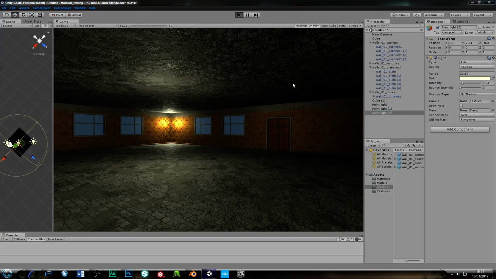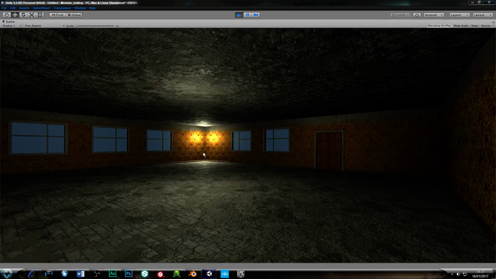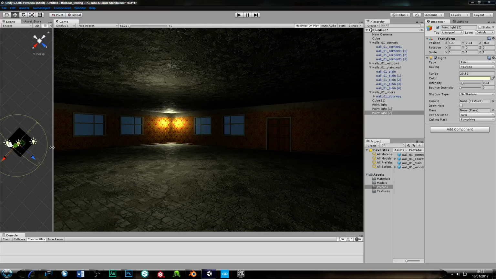So let's maximise on play, see how it looks. And there we have our room. Obviously the ceiling's wrong because we've just duplicated that texture. But as you can see, the walls are textured nice. We have our frames, our windows, the door, which will work. Them windows are the wrong way around, that's why you can't see no skirting board there. So actually I think we should have added that. No, because we need the outside doing, so they're going to have to be one way round only. So just do that, and then